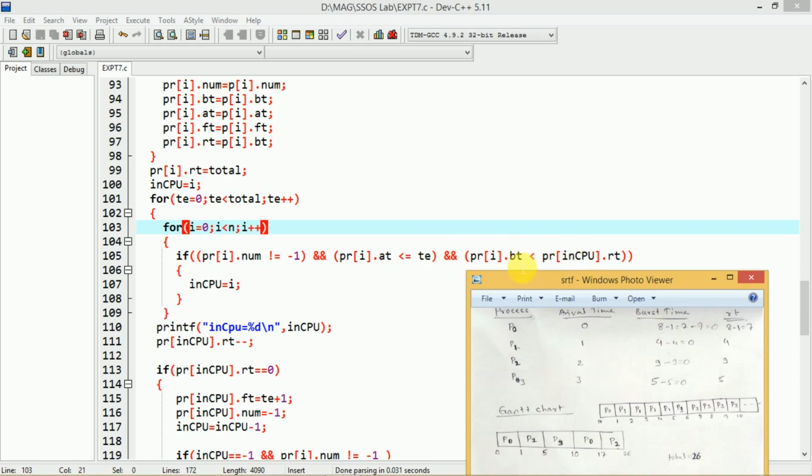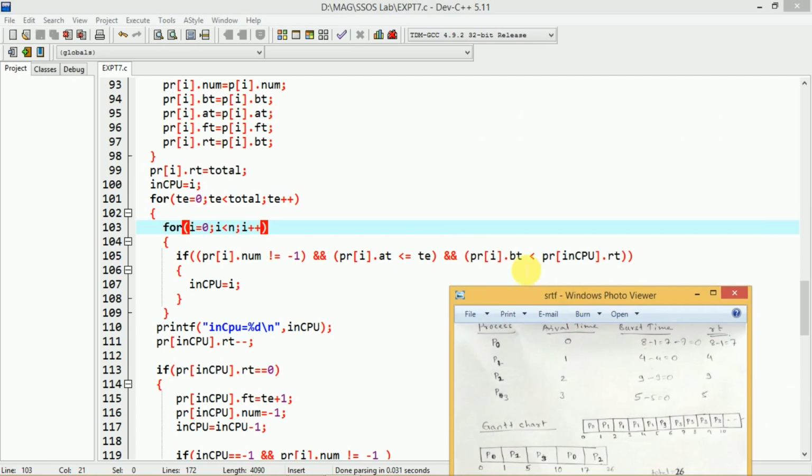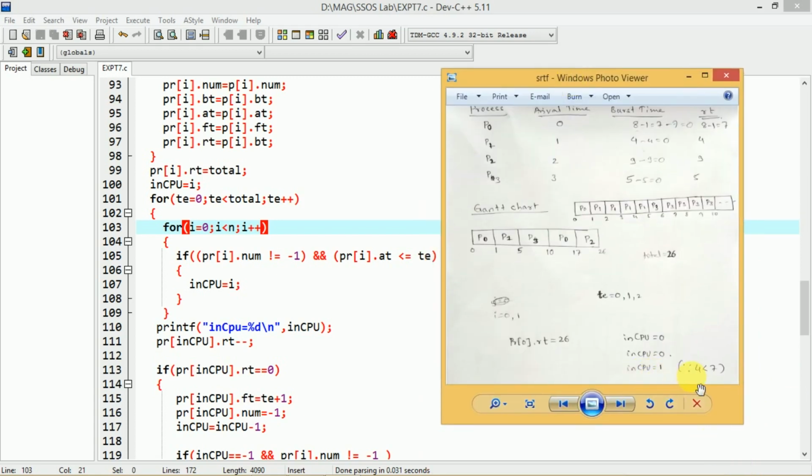Once this condition becomes true, whatever new process I is there will be allocated the execution. So in CPU will be equal to I. In CPU was 0 initially, now in CPU will become 1, because 4 is less than 7. That's why in CPU equal to 1.